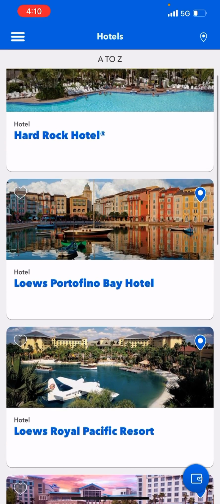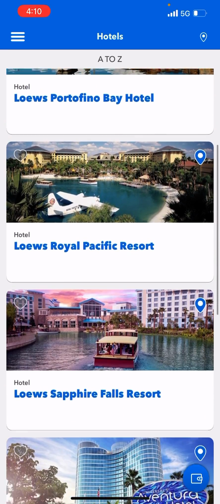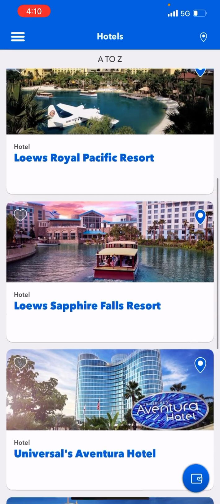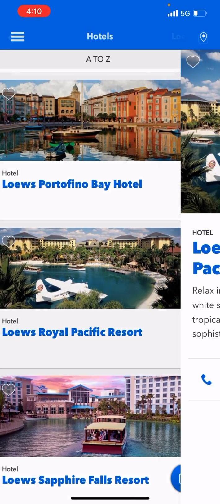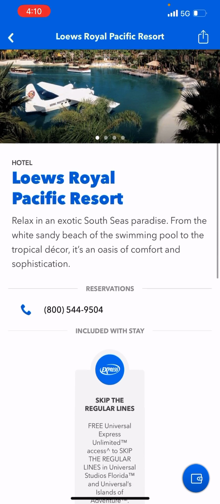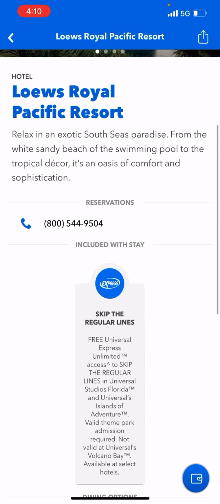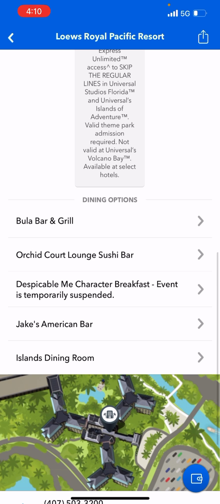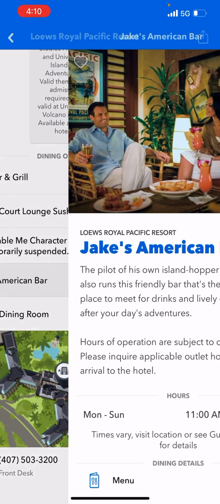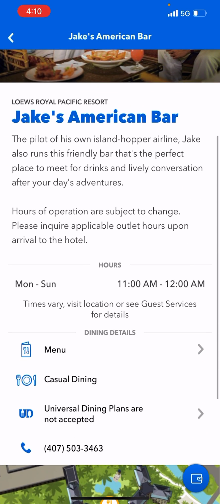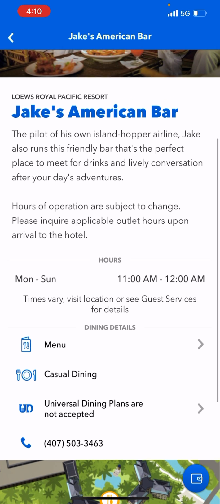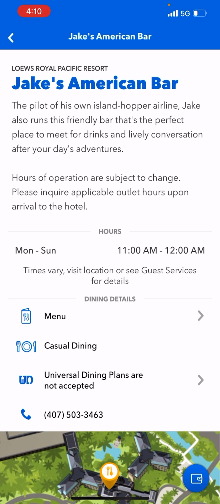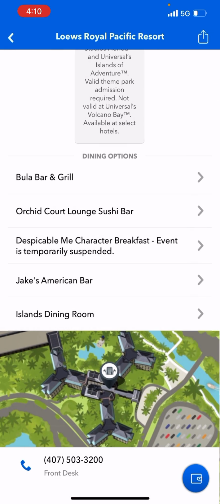Also, the hotels. Not all of the hotels right now are open, but about half are. When I click on the hotel, it not only has a phone number, which can be very handy, but it also has the places that you can eat there with the menu. Please note that the dining plans are usually not accepted at the resorts. So anytime you go and click on a restaurant, you'll actually be able to see if the dining plan is